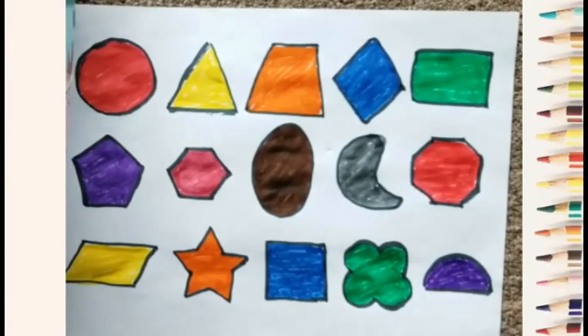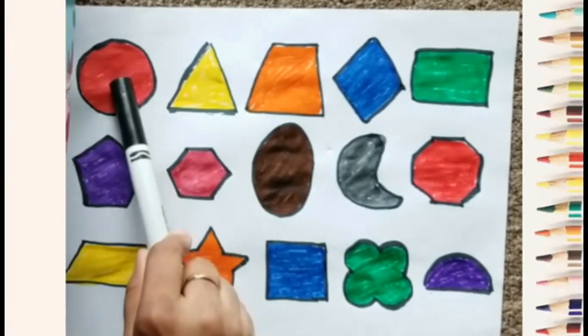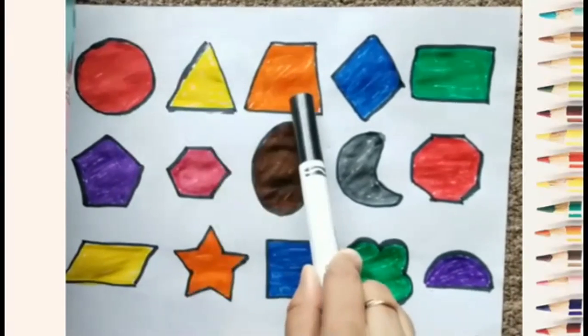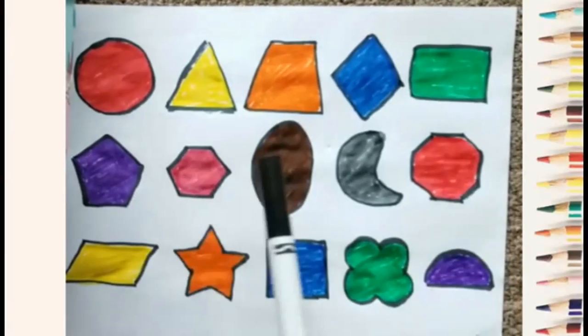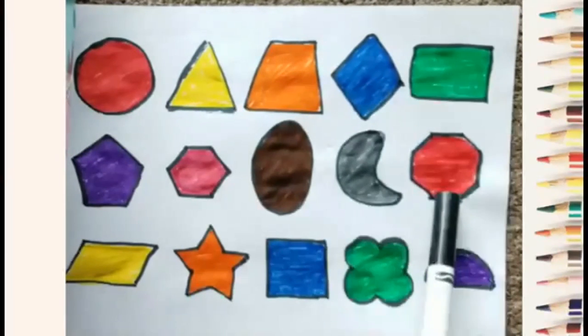Names of these shapes: circle, triangle, trapezium, rhombus, rectangle, pentagon, hexagon, oval, crescent, octagon, parallelogram, star,